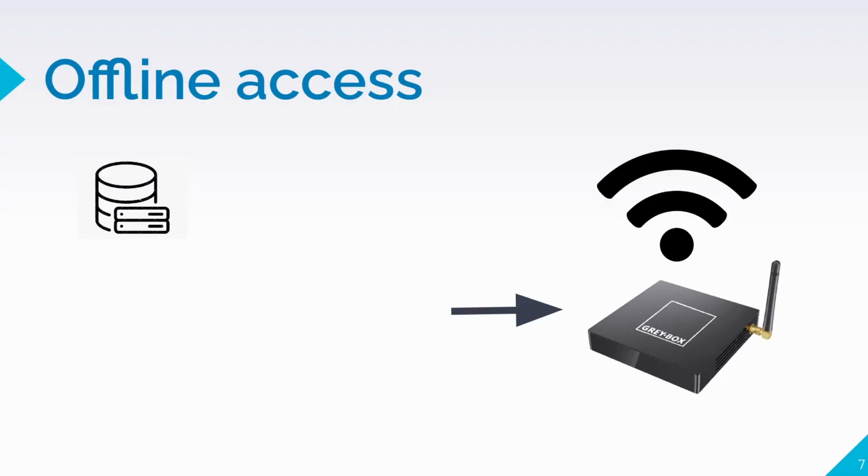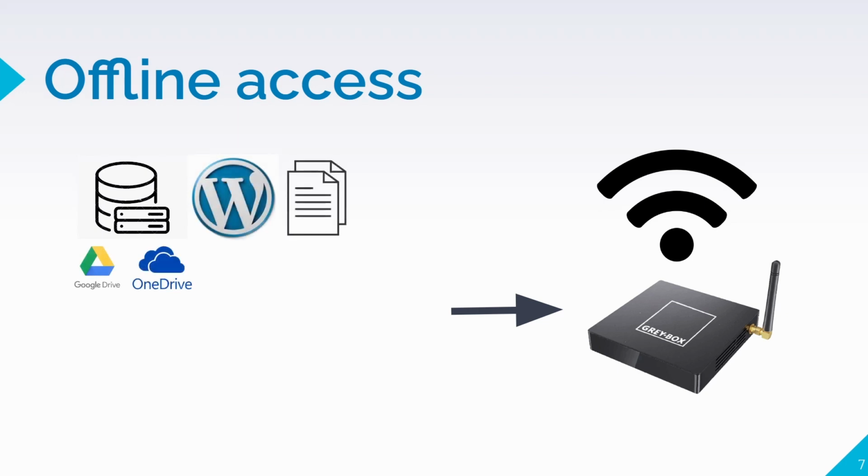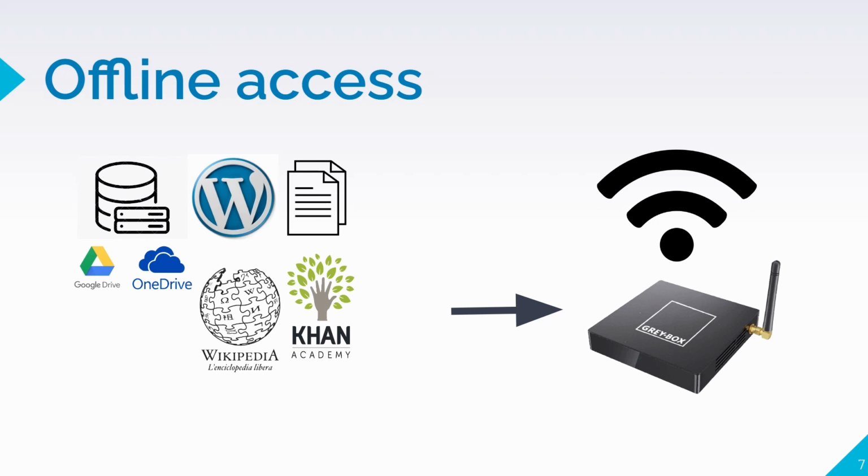So that's one simple example, but of course we have organizations that already have a website. We have organizations that already have their files in various systems like Google Drive and OneDrive. We have devices right now that are deployed that have the entirety of Wikipedia in French or in English or in Spanish on that device. So we're fairly flexible. We take that content, we put it on that device.